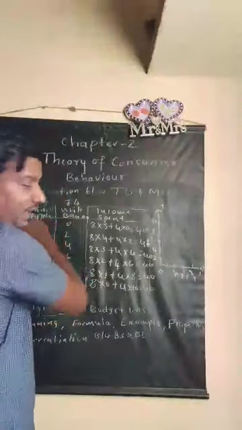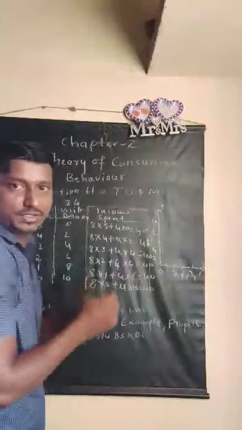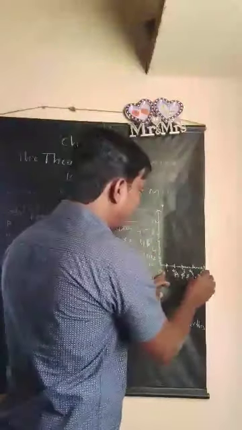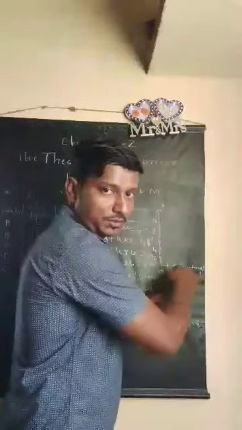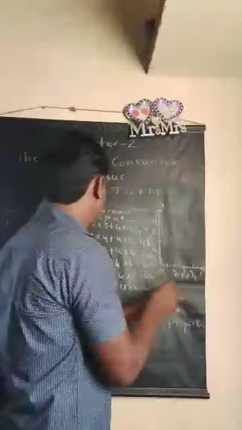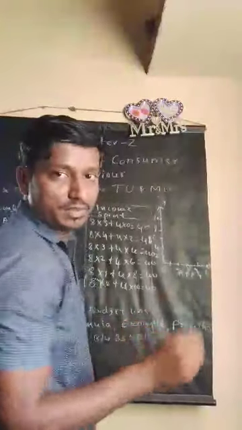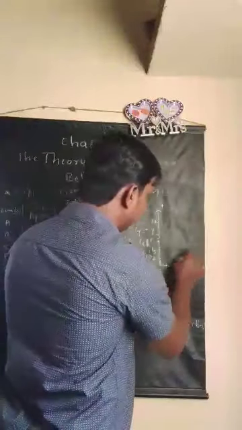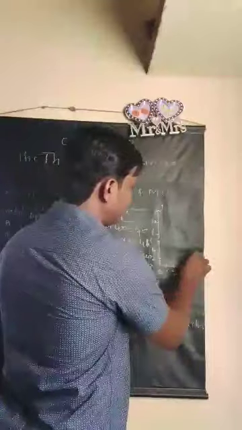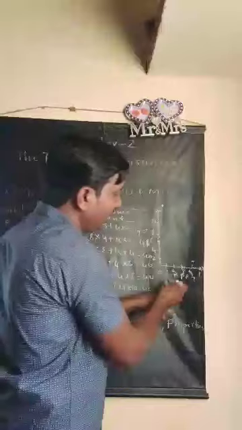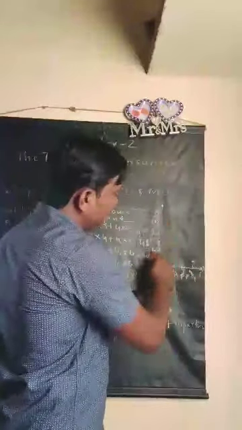At combination A, I have taken 5 units of apple and 0 units of banana. That is the first combination. Apple is 5, whereas banana is 0. So on the OX axis apple is 5 and banana is 0. This point comes here. Coming to the next one, combination B, 4, 2. 4 is apple and 2 is banana. The OX axis is apple, the OY axis is banana. So OX axis is 4 and OY axis is 2.